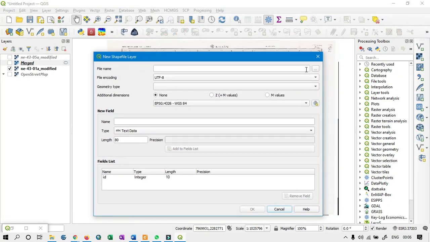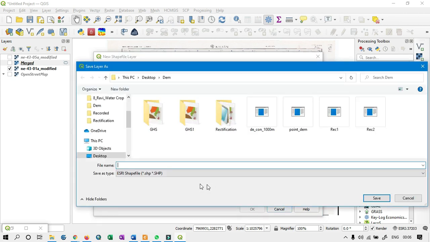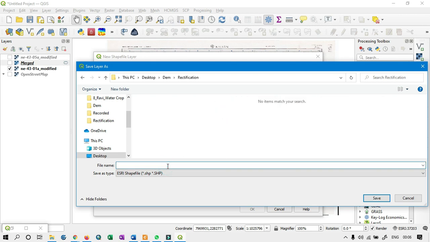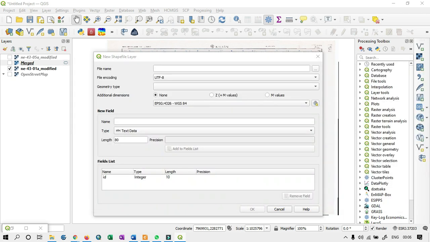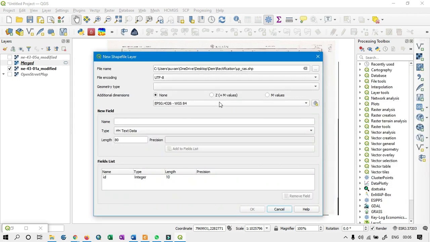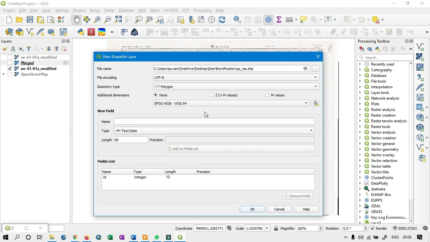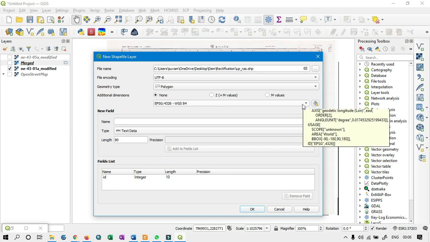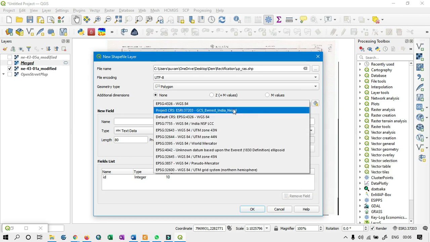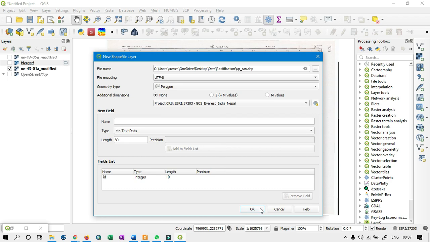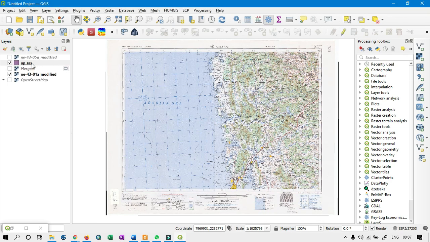Here you have to give a name. I am giving the name up raster, and the geometry type will be polygon, and the projection system will be based on this base layer. Click OK. After that our vector data will be created.